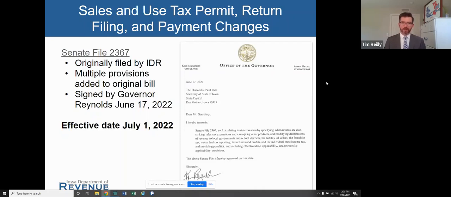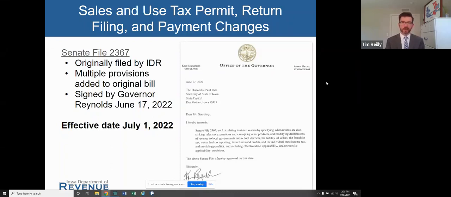The department did not propose the entire contents of the bill. The legislature added lots of stuff unrelated to what we proposed after we filed it, and we're here to administer all of it, but I'll highlight some of the things that we did propose. It did take effect.